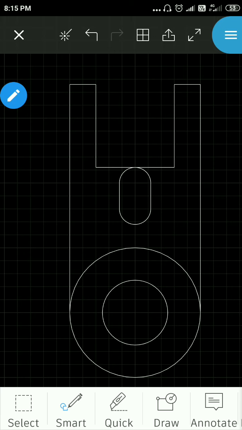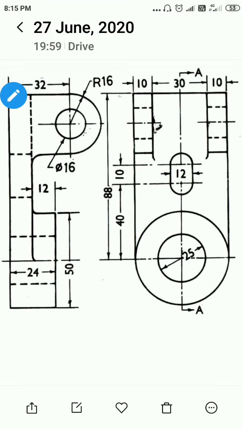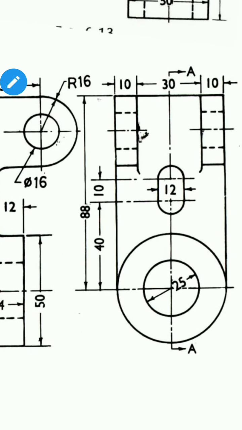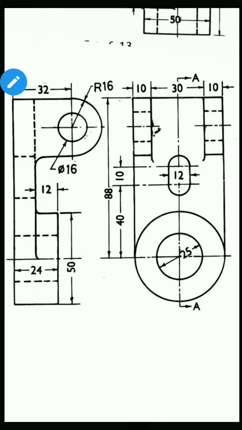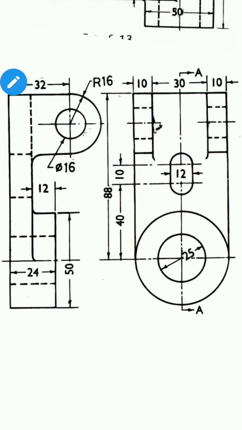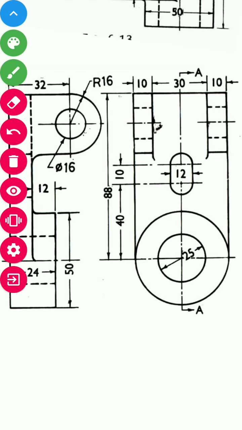Now if you see our drawing, you find that there is a hidden line. Okay, hidden line, and yes, from the top it is at a distance of 16. So the center is at a distance of 16 from the top, 16 is the radius, and then the actual hole of diameter 16 means radius 8. So it is given over here. If you do not find the dimension, you may find it from here also, in the side view. So go for this one,